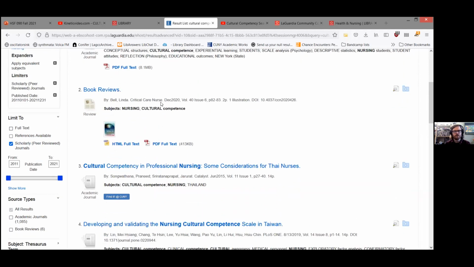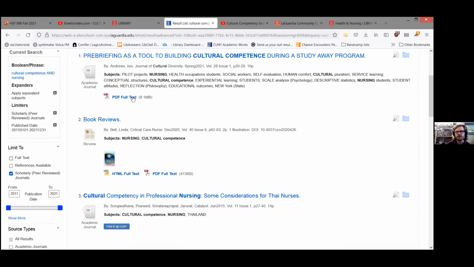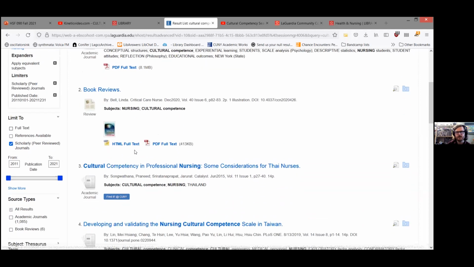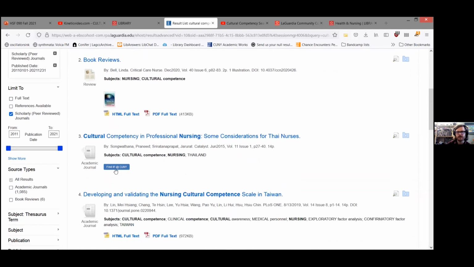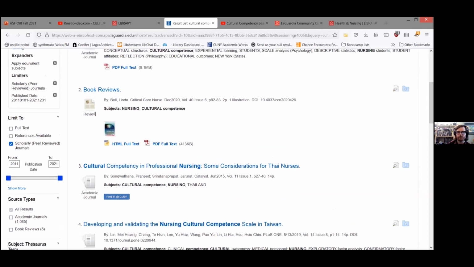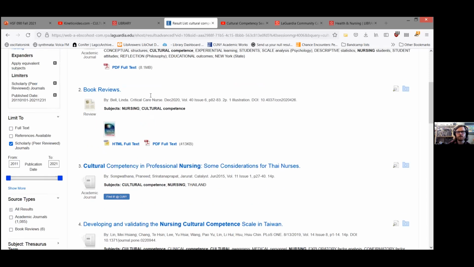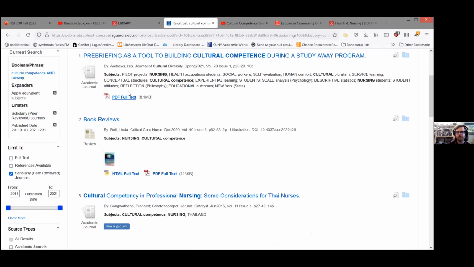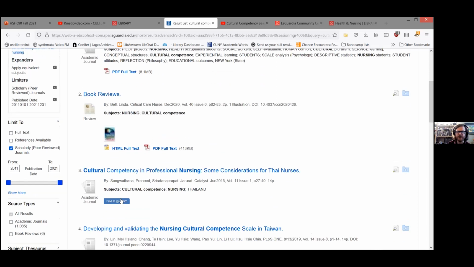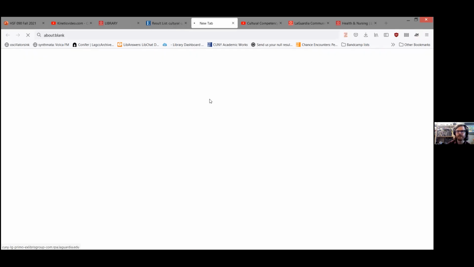And another thing, since we're getting close on time, from the results list, you'll see that some say PDF full text, others say HTML full text, and some have this Find it at CUNY. The PDF full text and the HTML full text means you can read it right here in the database. Actually, this one's a book review. But if you see PDF full text or HTML full text, you can read it right here online. If you see Find it at CUNY, if you click on that blue button,